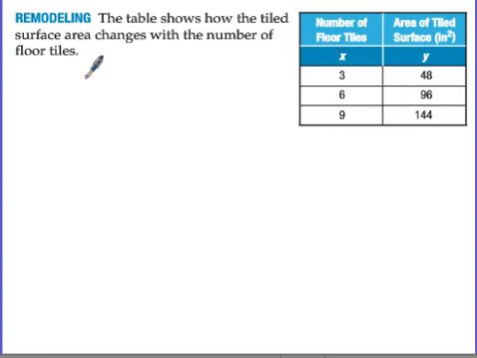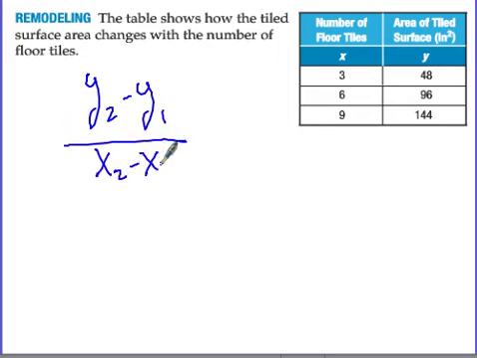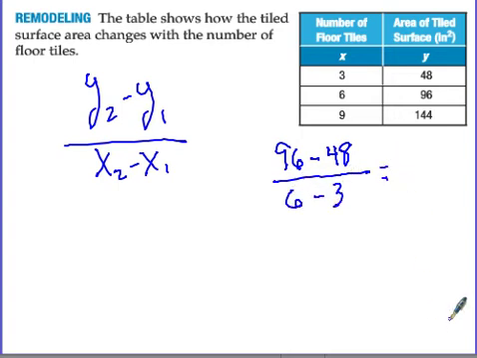What was that formula again? y2 minus y1 over x2 minus x1. Okay, x2 minus x1. So we need to fill in those variables. What's my y2 number? 48 or 96. Okay, 96 minus 48 over 6 minus 3. Okay, so 96 minus 48 is 48 over 3, and then simplify